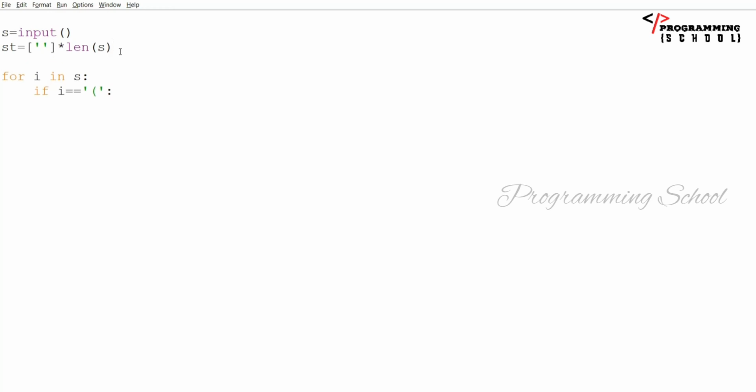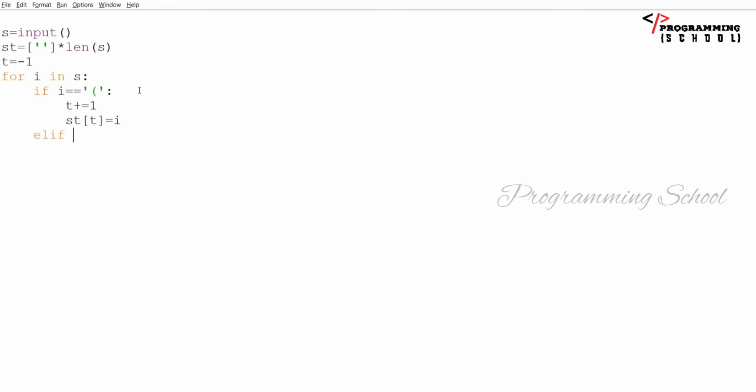Simply I'm going to take some t equal to -1 initially. Top is initially at -1. If it is an open bracket, I'm going to increment t plus equal to 1. I'm going to increment the top, and st of t is equal to i. I'm going to insert that element into the stack.